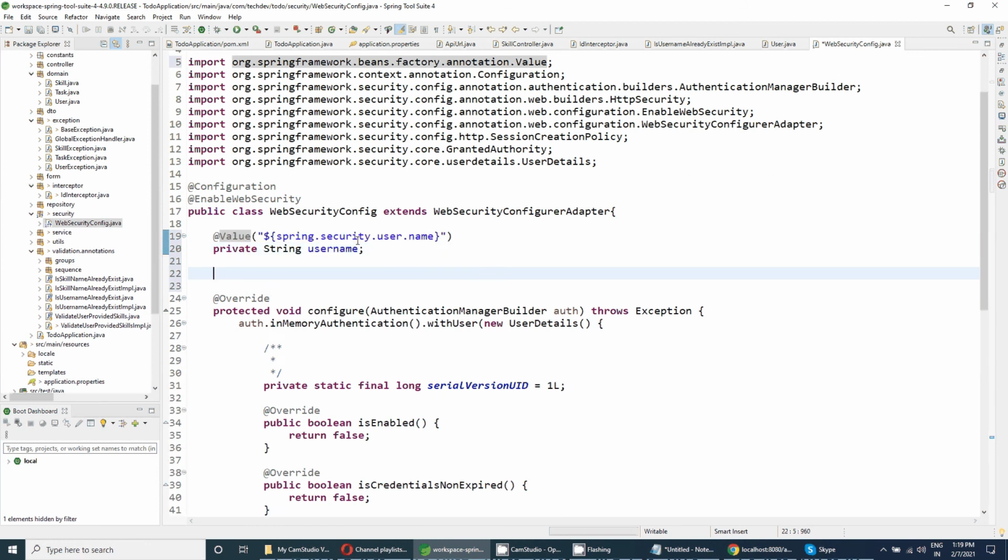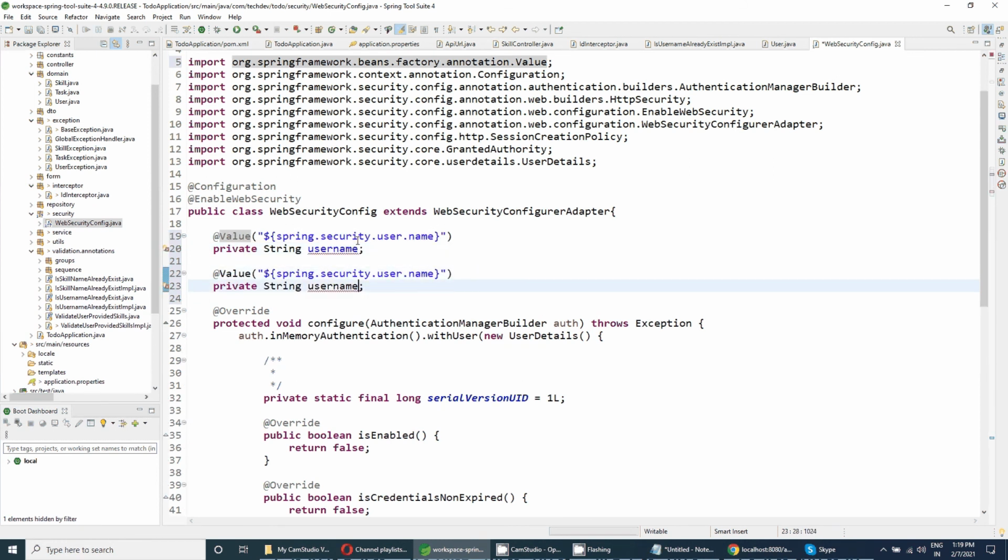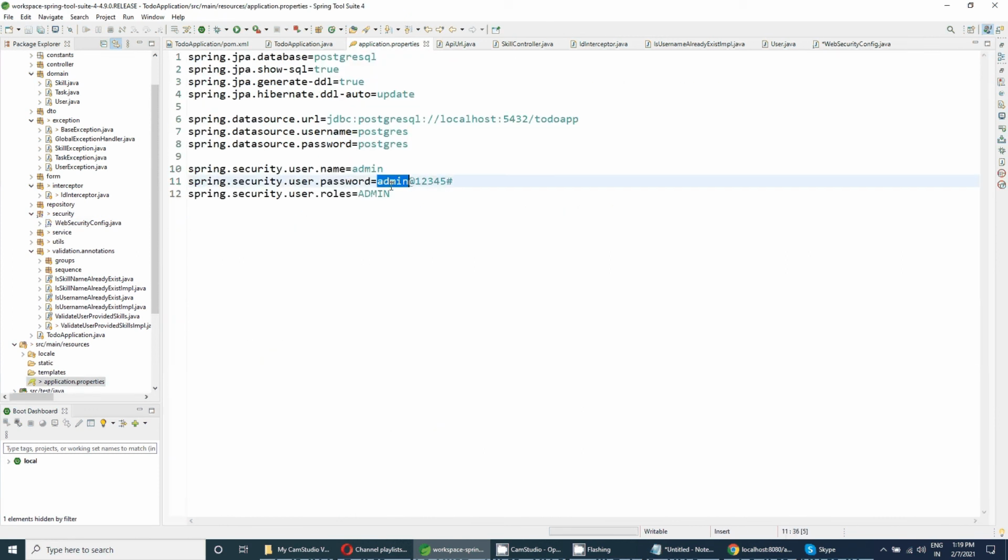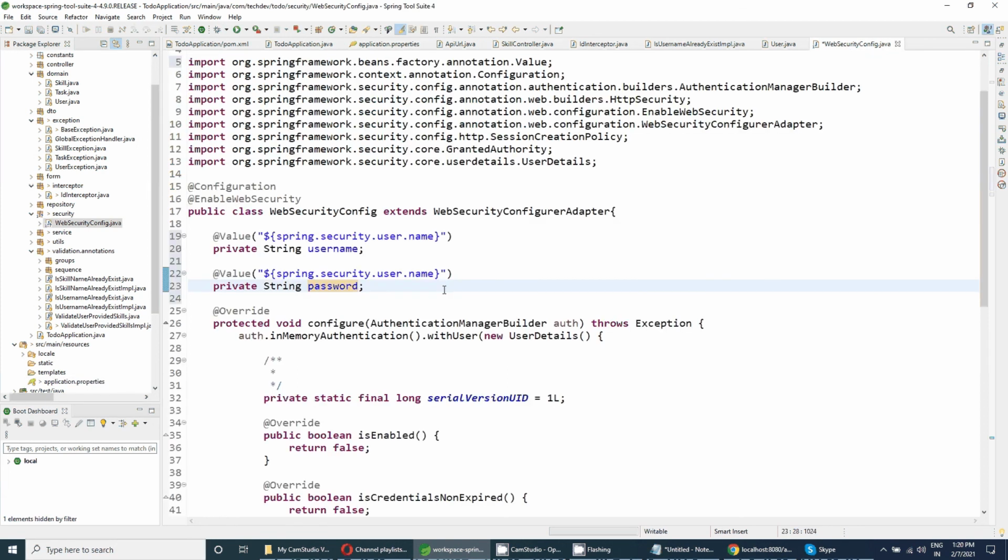and after that we have to provide the password, and the provided password is here with this key, where it is, web security config, and we have to replace it with this key.